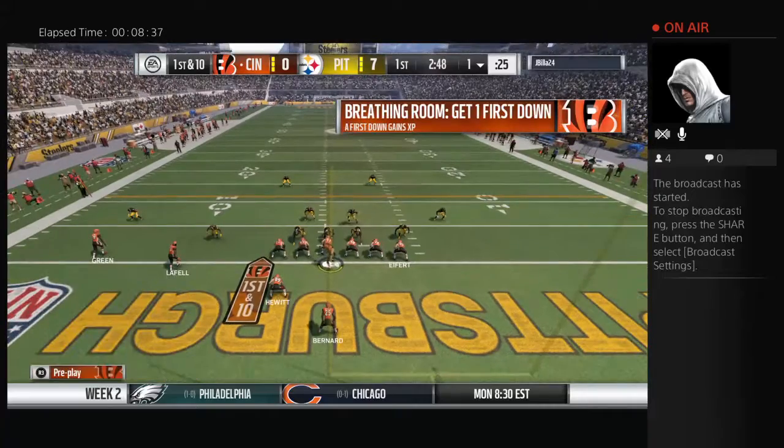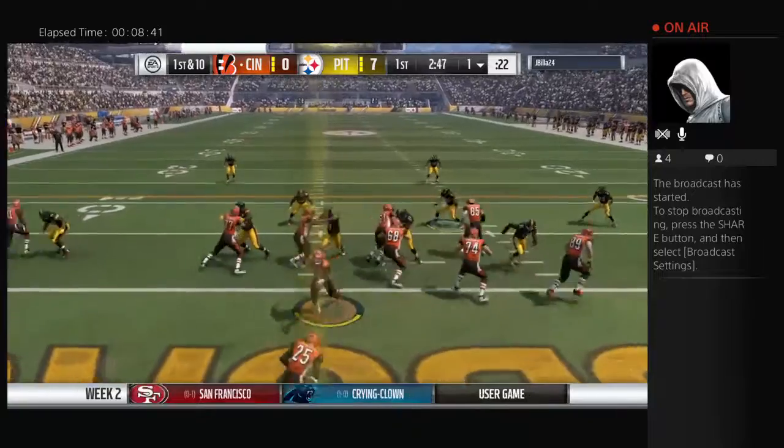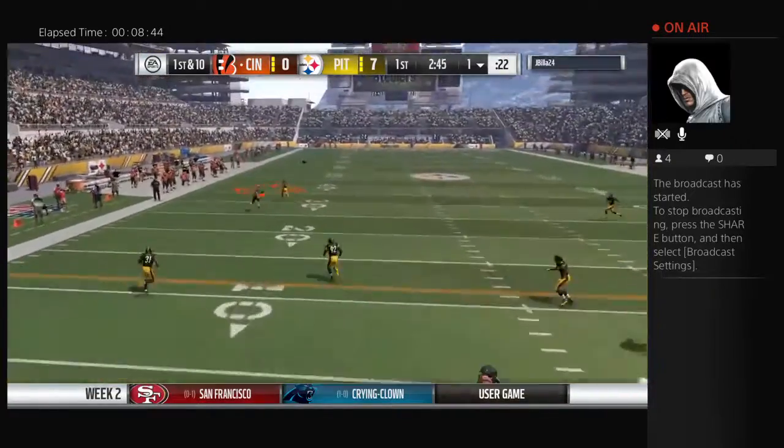I can hear my old college coach right now. He always used to tell us before every game, the team making the fewest mistakes will win. What they're hoping is that last mistake is their...